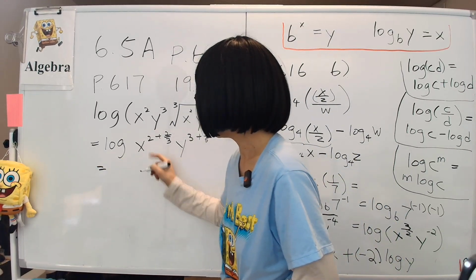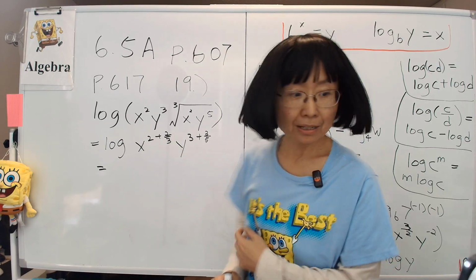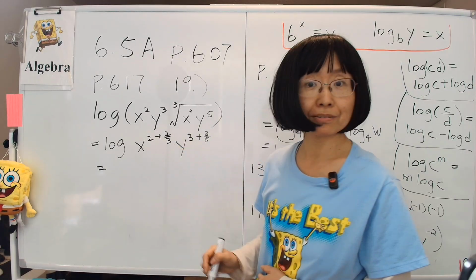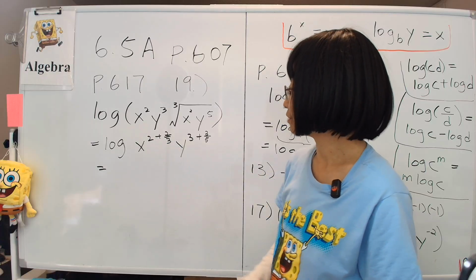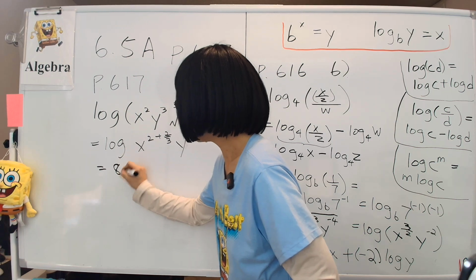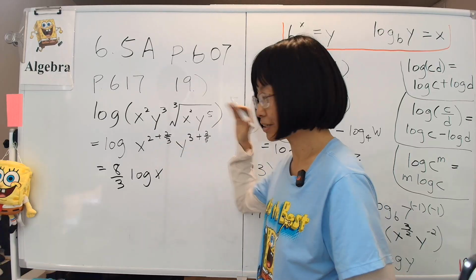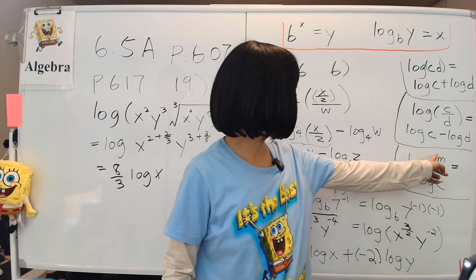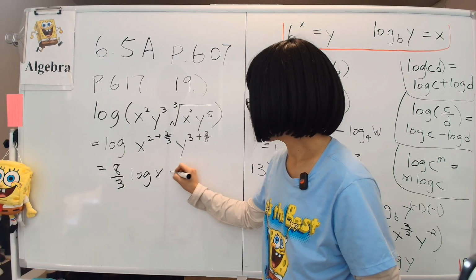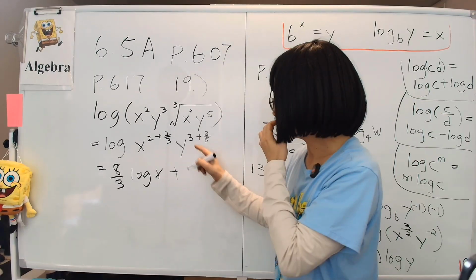So then we have, generally speaking, 2 plus 2/3. They want us to turn this thing into a fraction. What's 2 plus 2/3 as a fraction? That's 6/3 plus 2/3, that's 8/3. Okay, so we have 8/3 log of x, because once the power is 8/3, you kick it to the front by this principle right here. Kick the power to the front, so that's that part. And then plus, because this is multiplication, which translates into addition by this principle here. So plus log of,